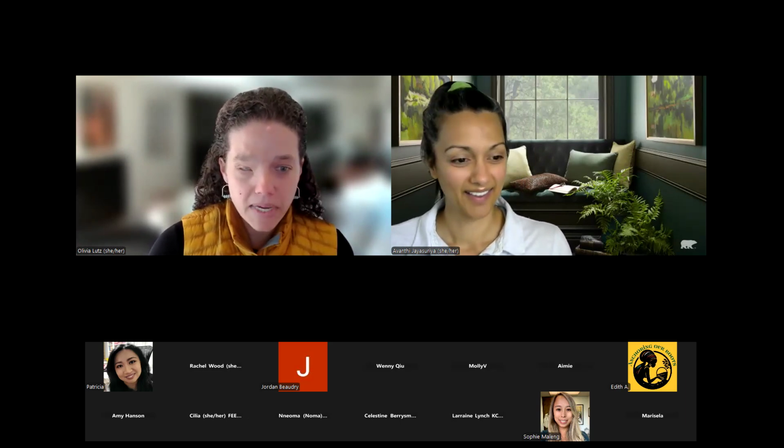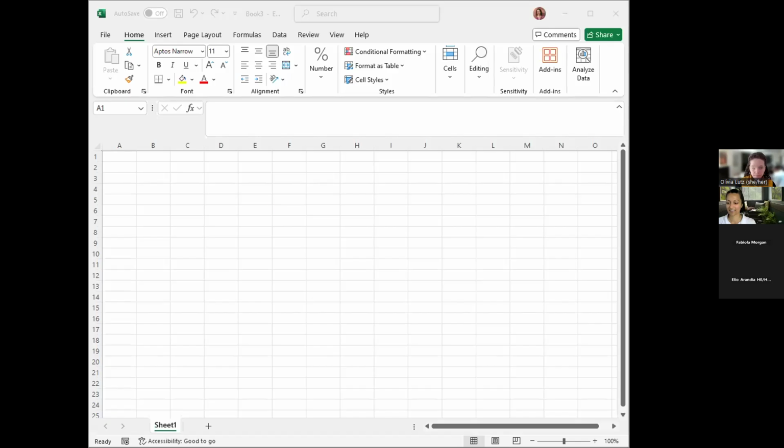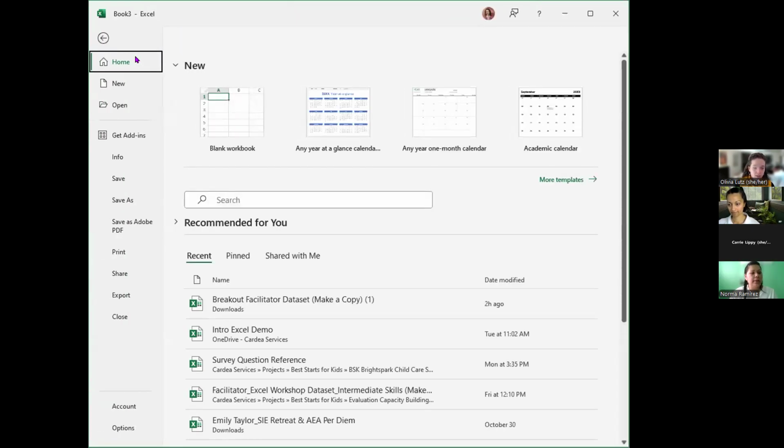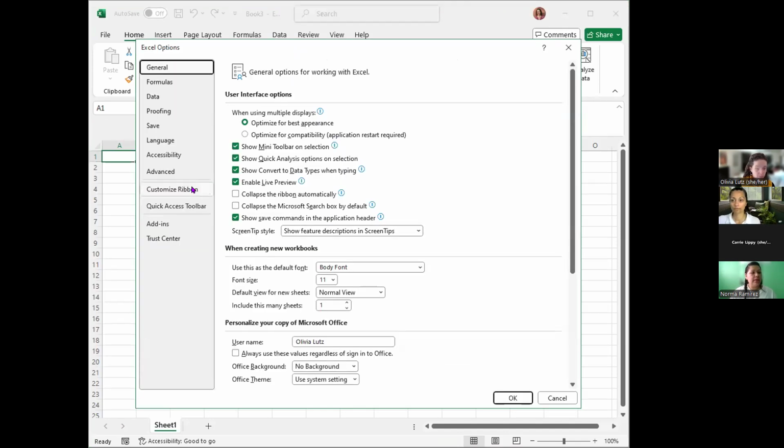Okay, let me get to sharing the workbook. So in this example, I've just opened up the blank Excel workbook. And you'll see here that we have some of these ribbons across the top. We'll go and practice adding something to our ribbon. So we go to File, we select options, and go to customize ribbon,